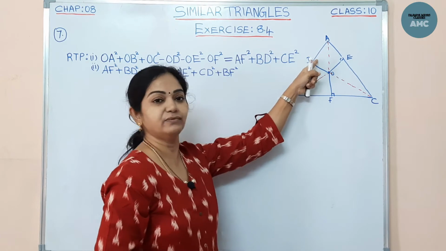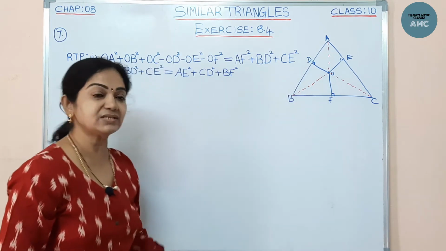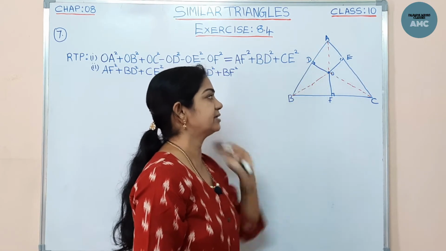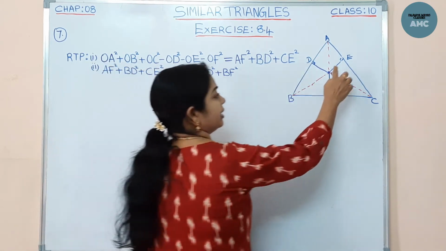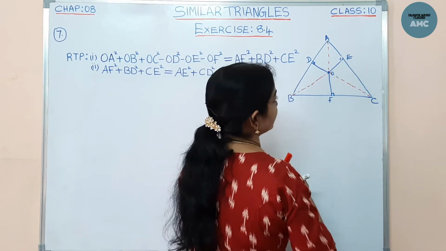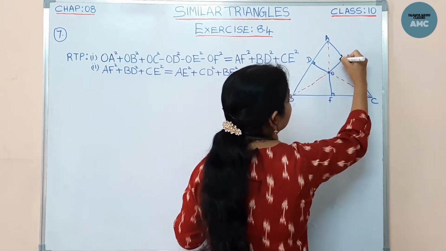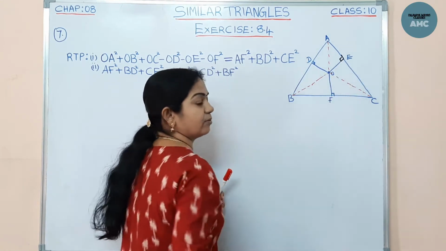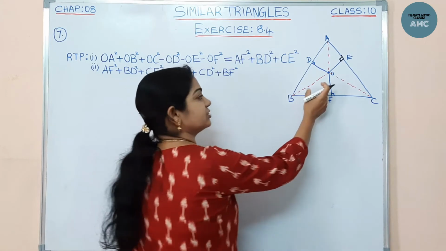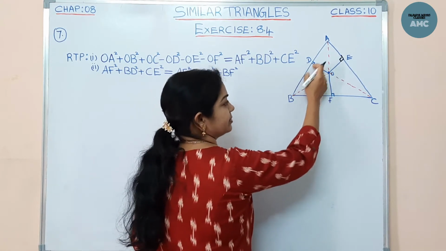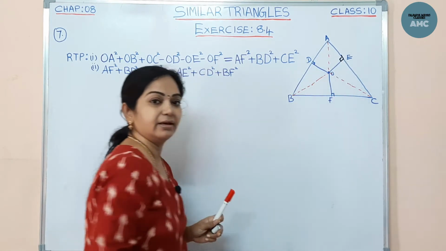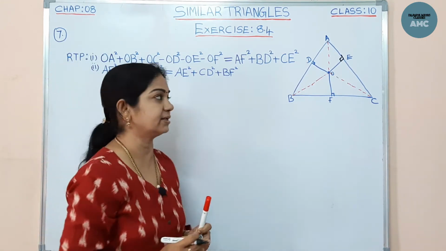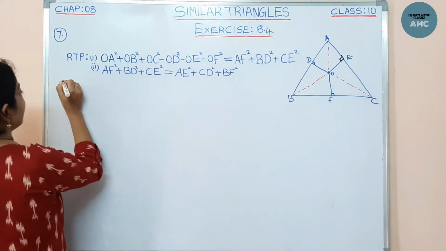AOD is a triangle which is a right angle triangle, since OD is perpendicular, so this forms a right angle triangle. And given that OE is also perpendicular, the triangle OEC forms a right angle triangle, and this triangle also forms a right angle. All these form right angle triangles because OD, OE and OF are the perpendiculars. Now based on that, let's start the proof.